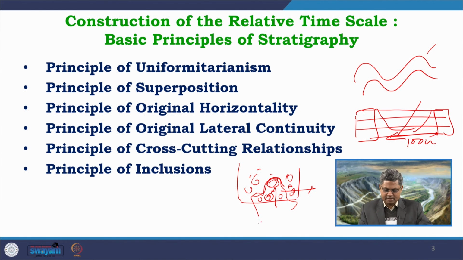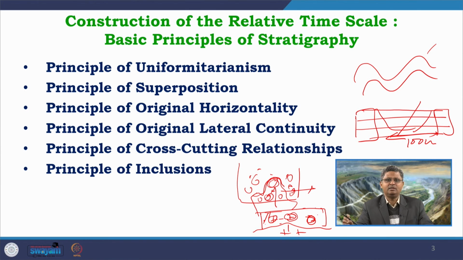It can be the reverse. Maybe you have one basement rock and this basement rock is eroded and clasts are formed, and then you get a conglomerate deposited over here where clasts from this igneous rock body are present within this sandstone or conglomerate. So, this is the host rock which has formed later, and within this host rock you are getting remnants of this original older rock body. So, the inclusions are always older than the host rock body.